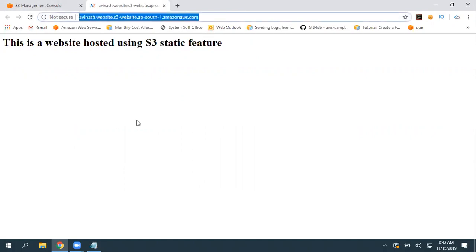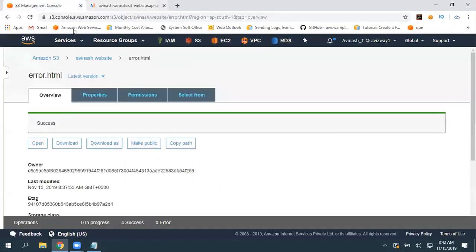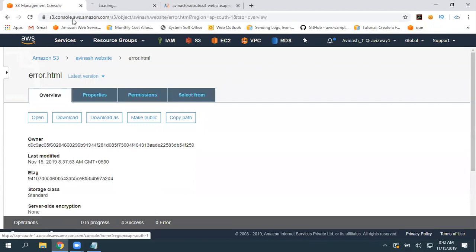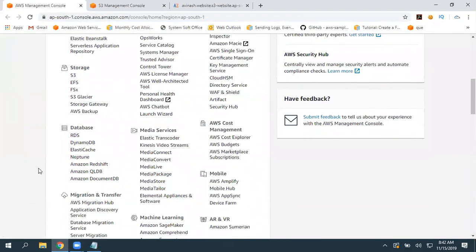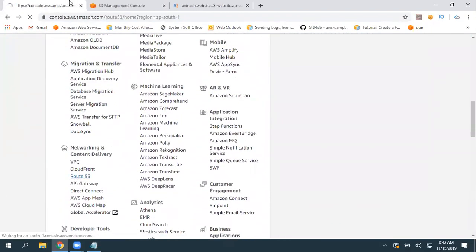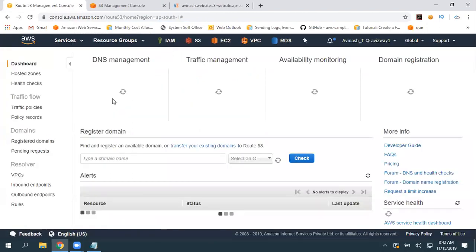Again, this URL is a bit difficult to remember. What I can do is, by using Route 53, I can map my domain name. Route 53 is a dedicated module, and there we will discuss everything. At the moment, I'll show that output, but don't worry about what exactly I performed. We have a dedicated module for that, and there I'll explain how to map it.